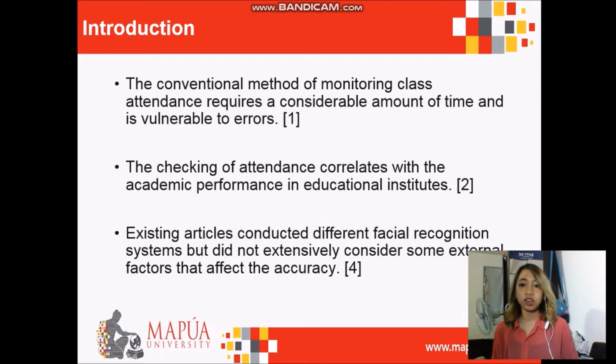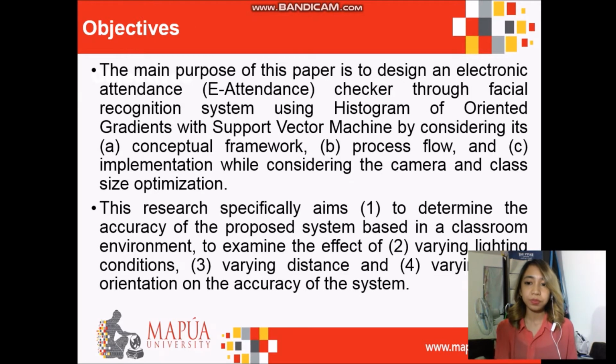For the introduction, the conventional method of monitoring class attendance requires a considerable amount of time and is vulnerable to errors. Also, it was proven that checking of attendance correlates with academic performance in educational institutes. And lastly, existing articles conducted different facial recognition systems but did not extensively consider some external factors that may affect the accuracy. So the main purpose of this paper is to design an electronic attendance, e-attendance checker through facial recognition system